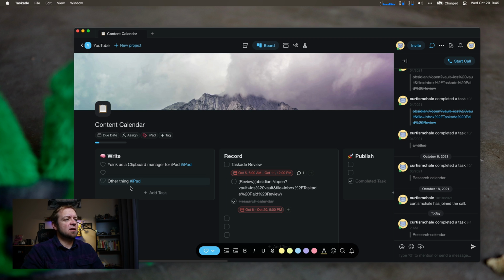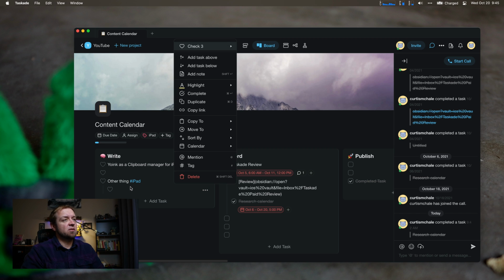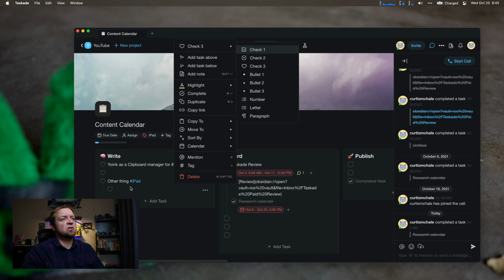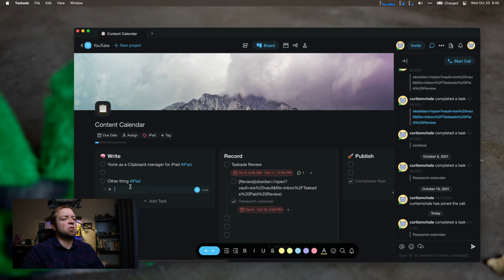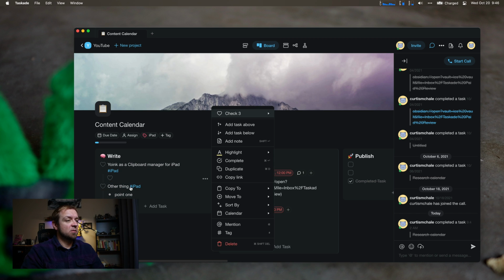So the other interesting thing I could do is I could hit enter and tab, and now I'm indented. Now I can also hit the single quote, and instead of being a check, I could say that this is going to be a bullet point. So I can even start outlining. So point one, and probably even better is to do it here. If I hit Command, quote,